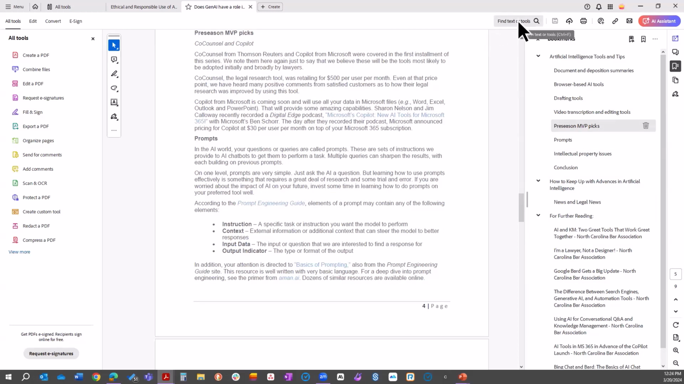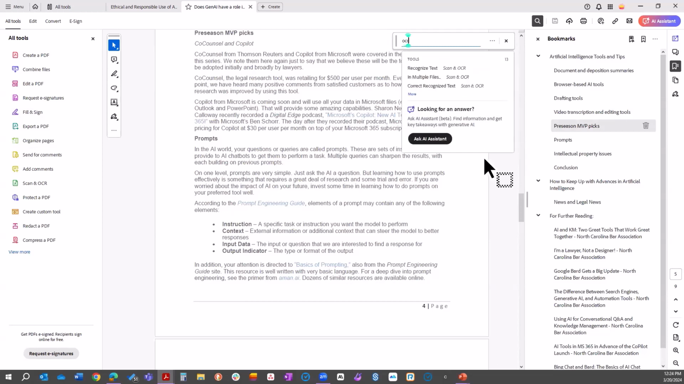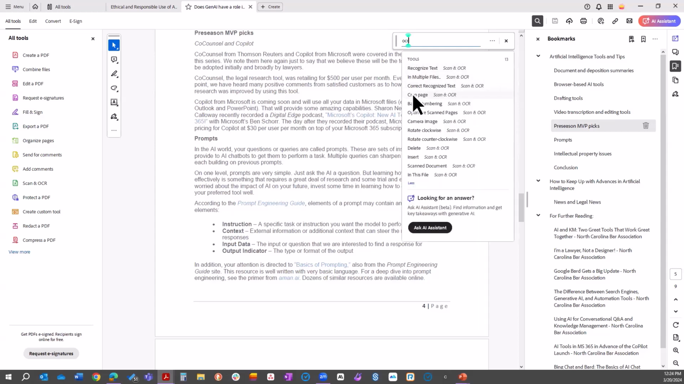One of the things that I'm using a lot is this Find Text or Tools, because I don't feel like navigating the 450 menus on this. So if I know what I'm doing, say I want to run optical character recognition, I just type in OCR and it brings up the tools that I might want. If I don't see the tool I want, click more, and it's going to give you all the things. So if you know what you want to do and you don't feel like navigating all of these menus, you can just type in what you want in the search and it'll take you to that. And then the AI assistant,